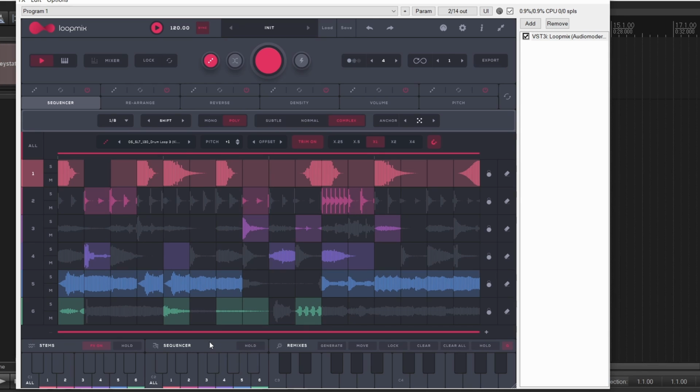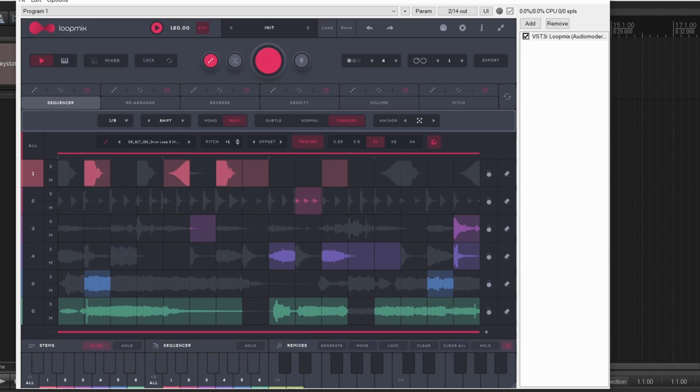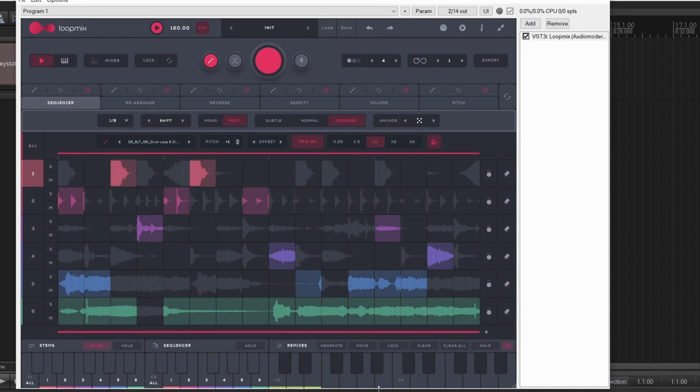So just different ways of making that happen. And then you have all of these empty slots where you can put your own remixes. So for instance, I really love this. I'm gonna put it here, but then I'm gonna randomize everything, put it here. And now if I'm gonna play it,